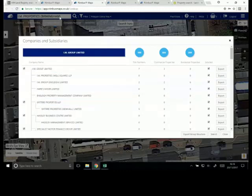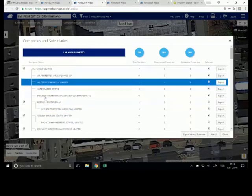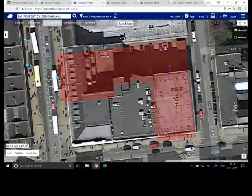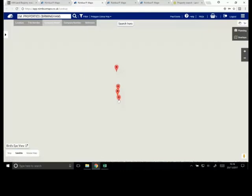So what you can see is that IM Properties Birmingham, no prizes for guessing, is part of the IM group, but they actually own some subsidiaries, things like Spitfire Properties and Hazley Business Centre and things like that. And then what that allows you to do is to plot that ownership across the whole of the UK, and you can then zoom in to see which particular properties are where, and have a look at some further information